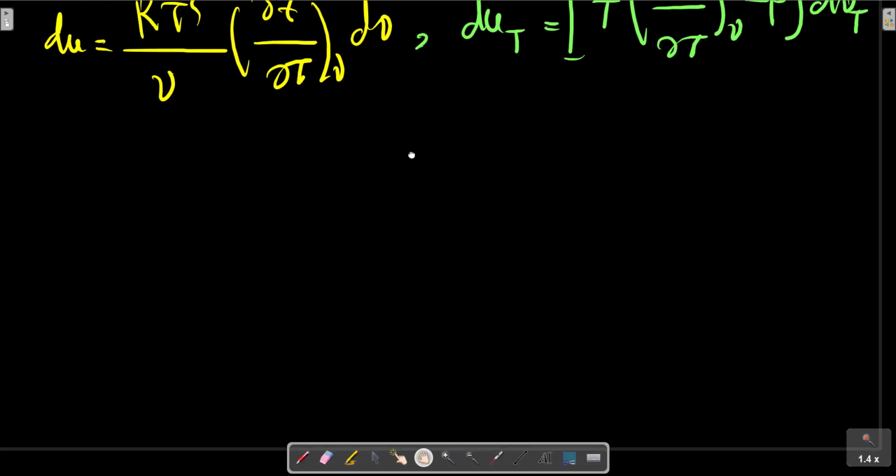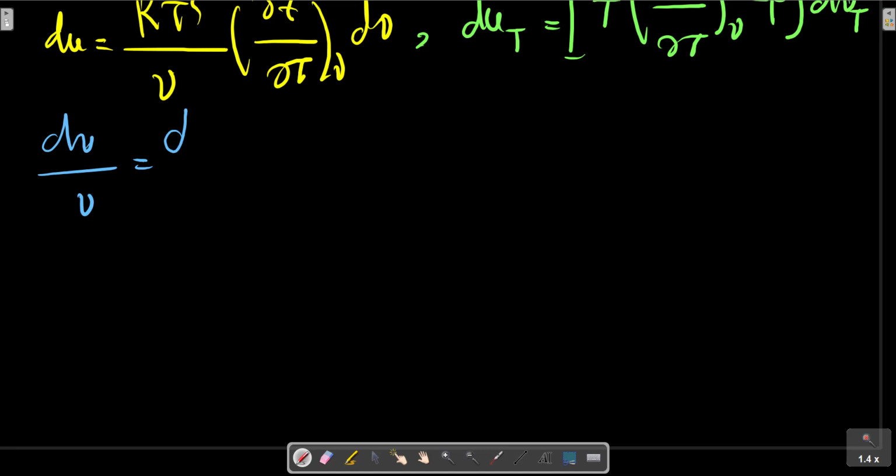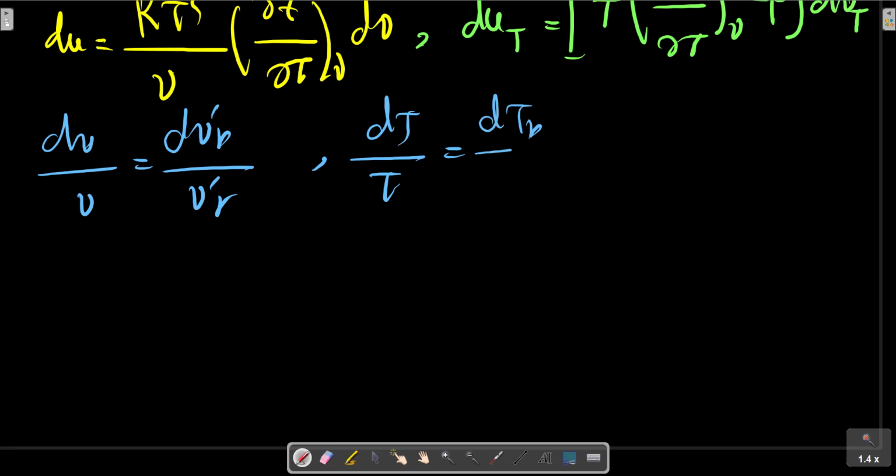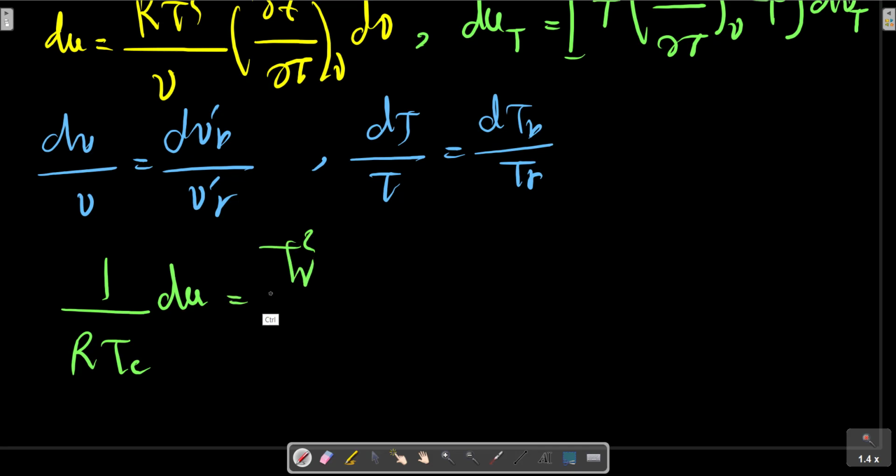And now with this equation we can simplify this equation with this relation for any two variables, for volume and temperature in this, so that in terms of reduced variables, dU, Tr and Vr